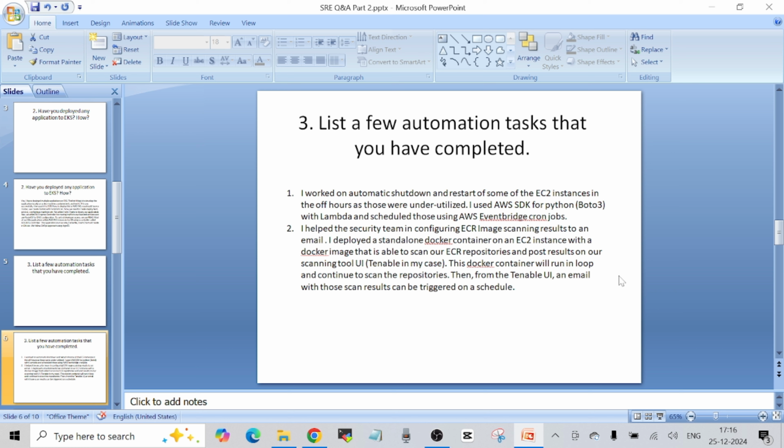So I mentioned 2 automation tasks that I completed. The first one is I worked on automatic shutdown and restart of some of the EC2 instances in the off hours, as those were underutilized. So for that, I used AWS SDK for Python, Boto 3 with Lambda, and scheduled those using AWS EventBridge cron